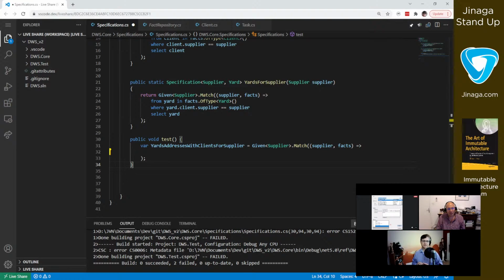So currently the Jinaga .NET query provider doesn't recognize sort, and I think I might keep it that way. I'm not really sure, because what I want you to do is to do the sorting after you've done the query. So if you're doing j.query, then you get back your query results,